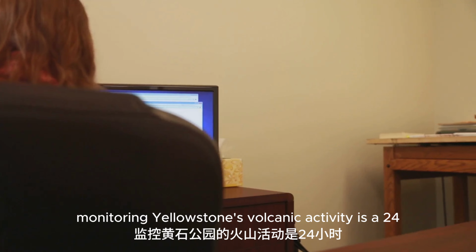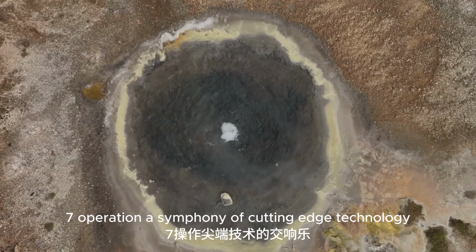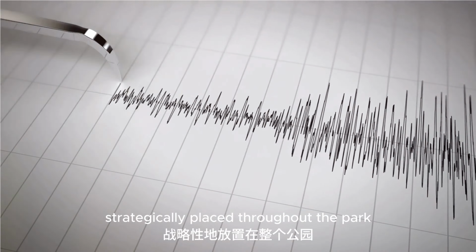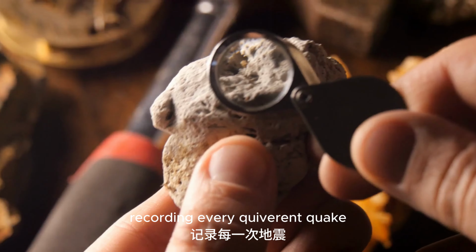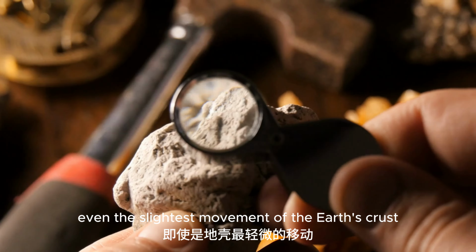Monitoring Yellowstone's volcanic activity is a 24/7 operation, a symphony of cutting-edge technology and scientific expertise. A network of seismometers, strategically placed throughout the park, listens for the Earth's subtle tremors, recording every quiver and quake. These sensitive instruments can detect even the slightest movement of the Earth's crust, providing crucial data on the magma's movements